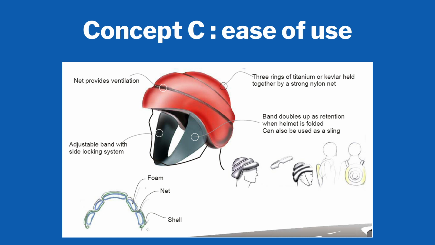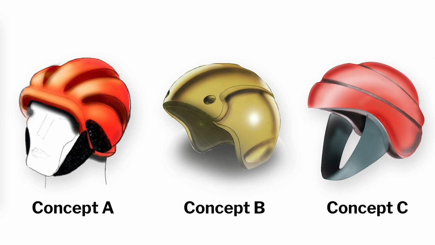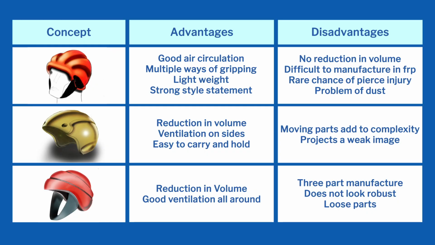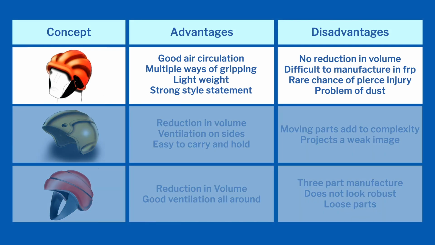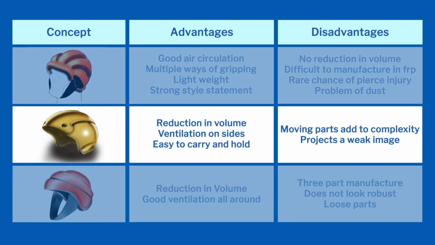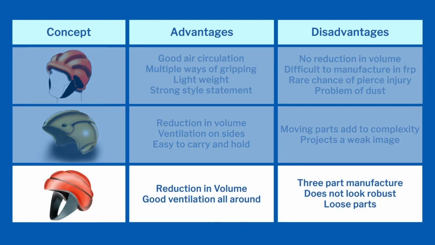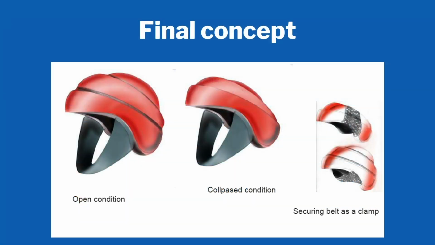So your three concepts, that competition between the concepts, is a very critical thing. And from these three concepts, we need to find out which one we will use for the current product brief. The product brief was very clear. You would have ease of use. You should have good storage, and you should have good ventilation also. So all three can have all three in different degrees, right? The first one is very difficult to store. It's still large. Whereas this one is easy to store. It's ventilatable also. This one is easy to store, ventilatable, and easy to wear. So automatically, the last one got selected as the concept to go forward.